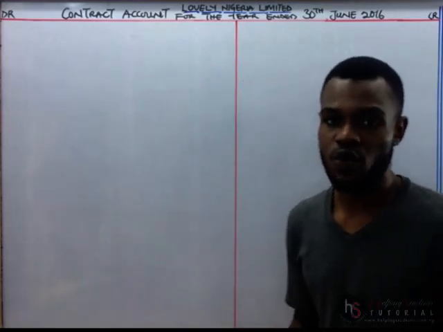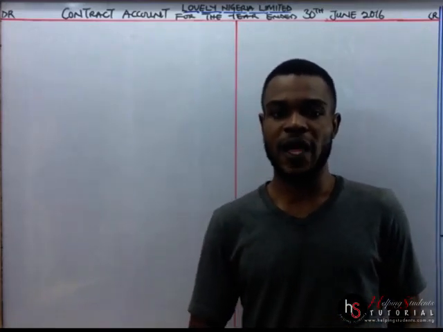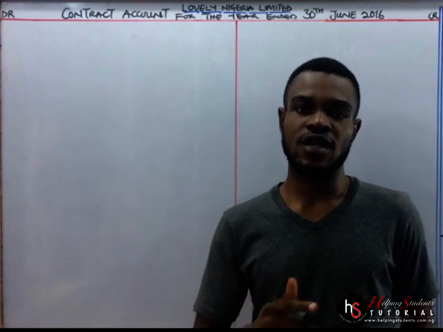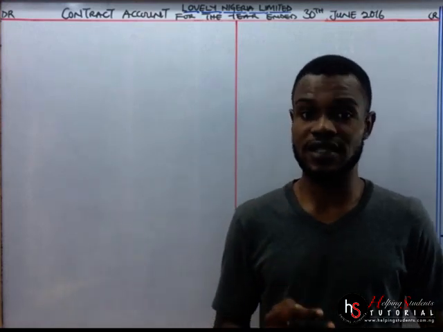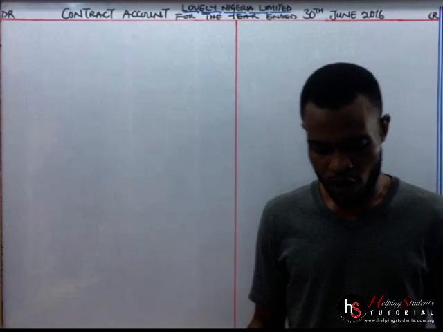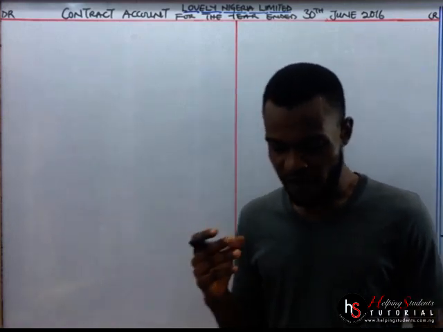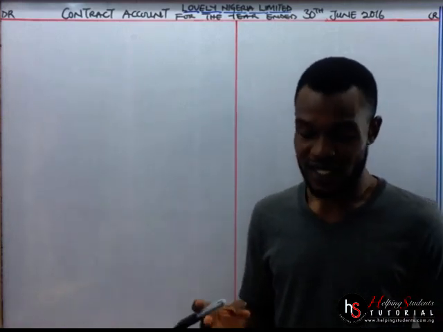Hello, so let us answer the question. You go back to the format and we work through the format, all right? We work accordingly to how it is being listed in the format. So the first thing we're going to have there from the question, we have the direct material for 27 million